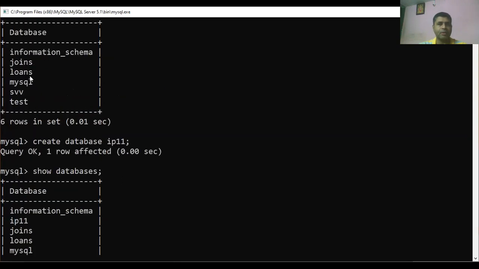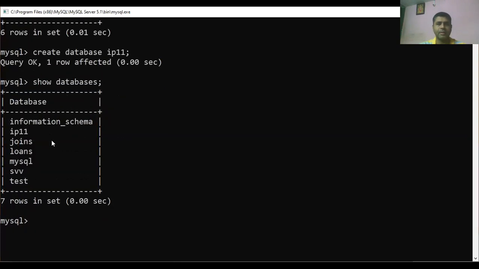In the previous one, it was not there. After creating the database, you have to select it, so you use the database name, that is IP11. So we enter into the database, right?